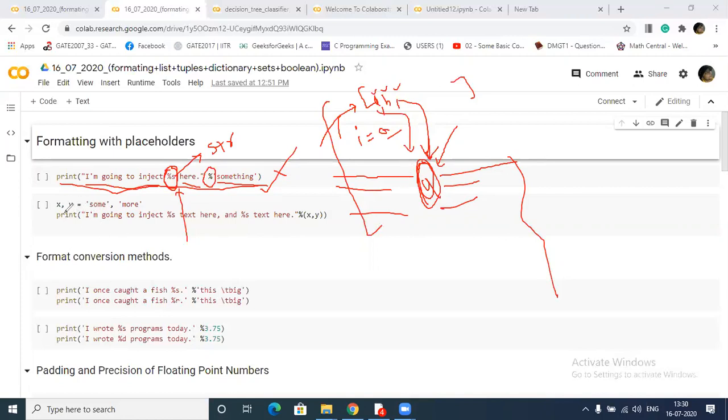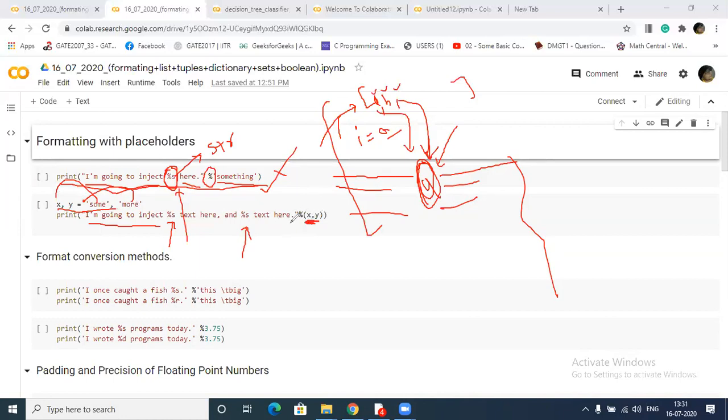Here we are storing some string in X and another in Y. I wrote this statement and created one placeholder here and one placeholder here, and we are passing X and Y, because we have already stored these strings in X and Y. We placed X and Y in this format, adding a percentage sign just before.